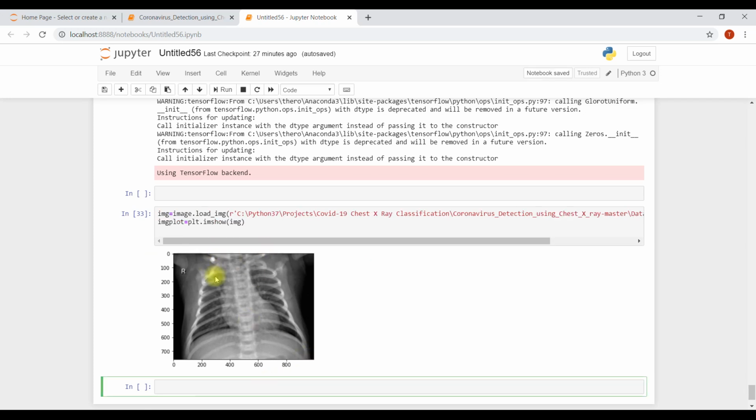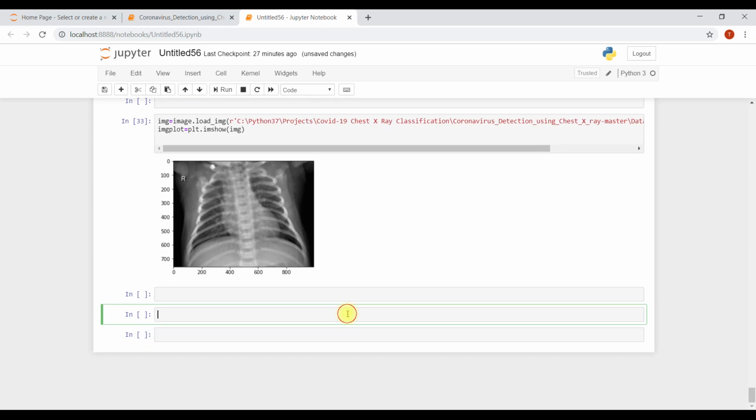Now we need to convert this image into an array. Because for training, of course, we need to convert to array. For testing also, we need to convert to array because the computer doesn't know this is an image. We need to give it numbers. So x equals image to array.